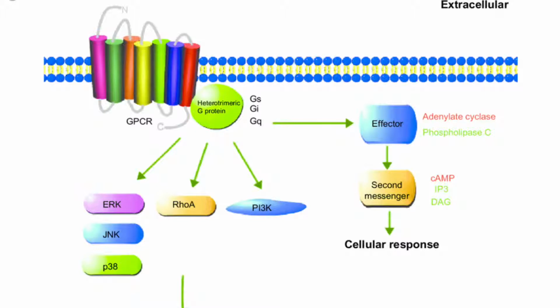The IP3, as you can see, is also a second messenger, just like the calcium, but what IP3 does is it goes to a calcium channel in the smooth ER, and it will trigger the gate to open, which allows for a flush of calcium to rush out of the smooth ER. While IP3 is doing that, DAG, which is the head part of the phospholipid, will attach to PKC, which will turn it on, and the turning on of PKC will open a calcium channel, and calcium will rush into the